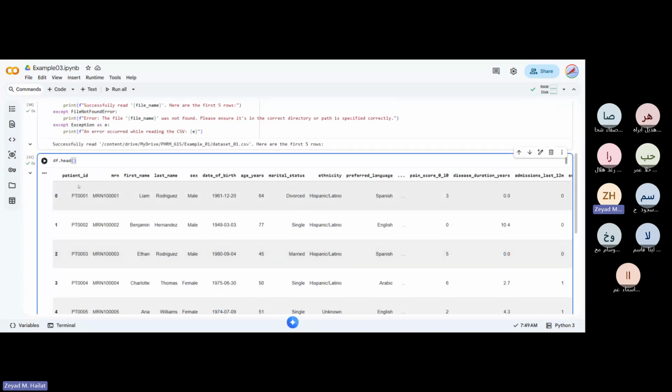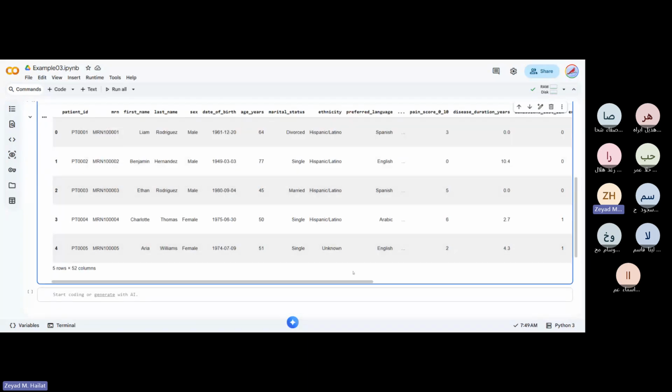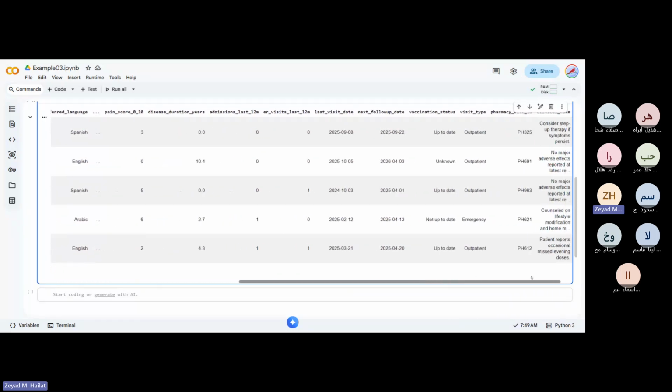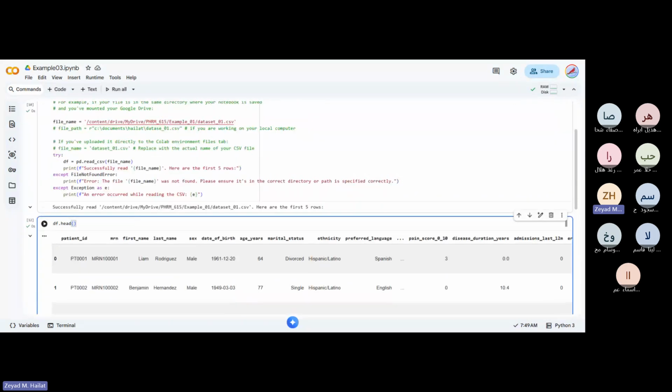So it tells me that this is patient ID, MRN. We have first name, last name, sex, date of birth, age in years, marital status, married, divorced, single. We have ethnicity, preferred language. So we do have a lot of information. Remember last time we wanted to see what information we have and get more